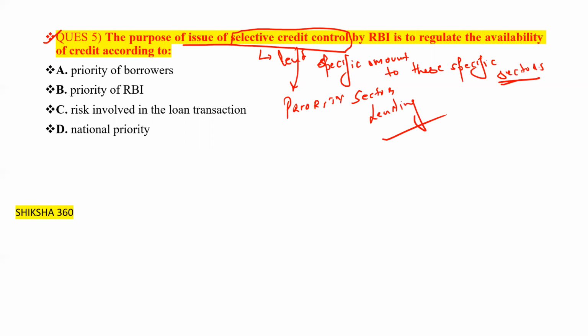The purpose of issue of selective credit control by the RBI is to regulate the availability of credit according to which of the following? I have already explained the meaning of selective credit control, that is, lending to specific sectors as per the limit. So what is the purpose of issue of selective credit control by the RBI? It is to regulate the availability of credit according to